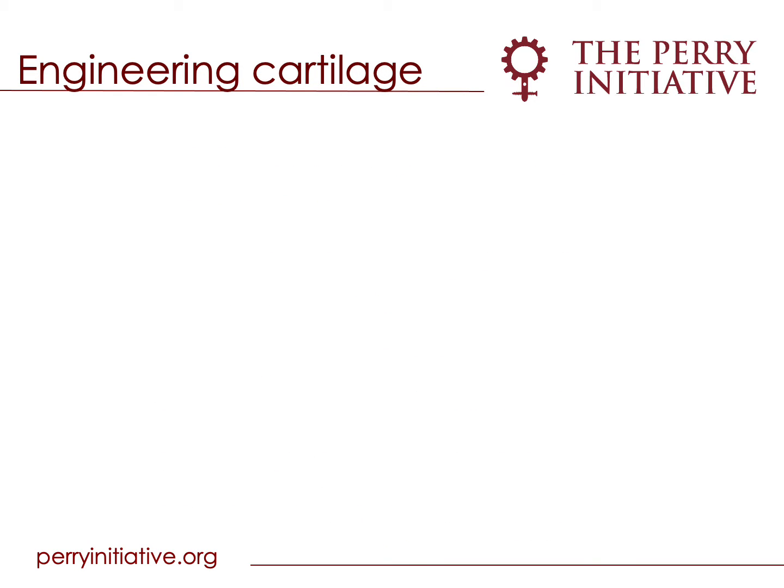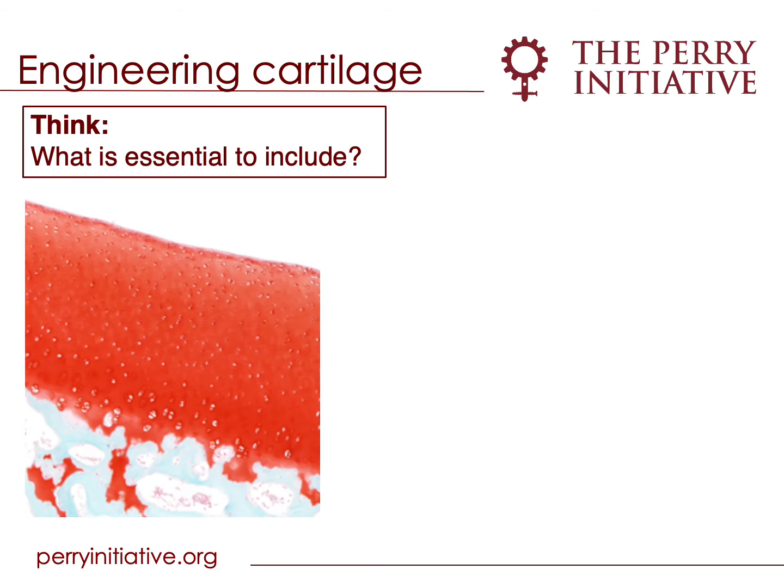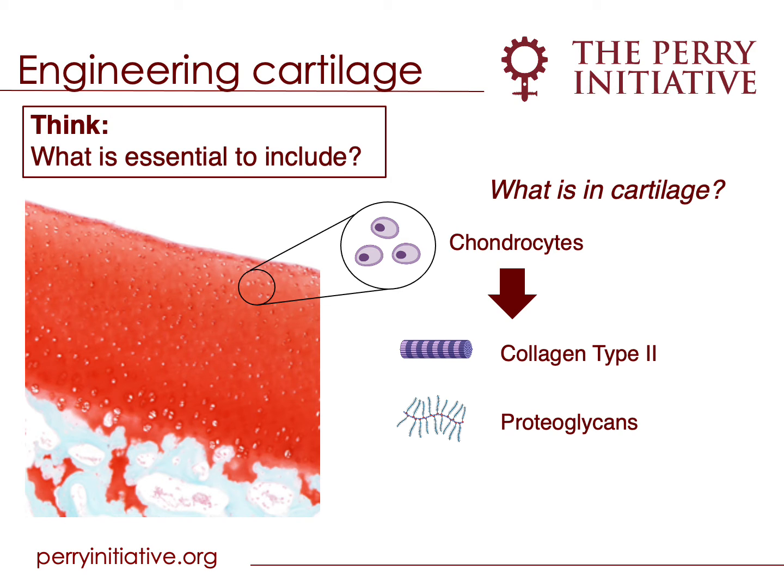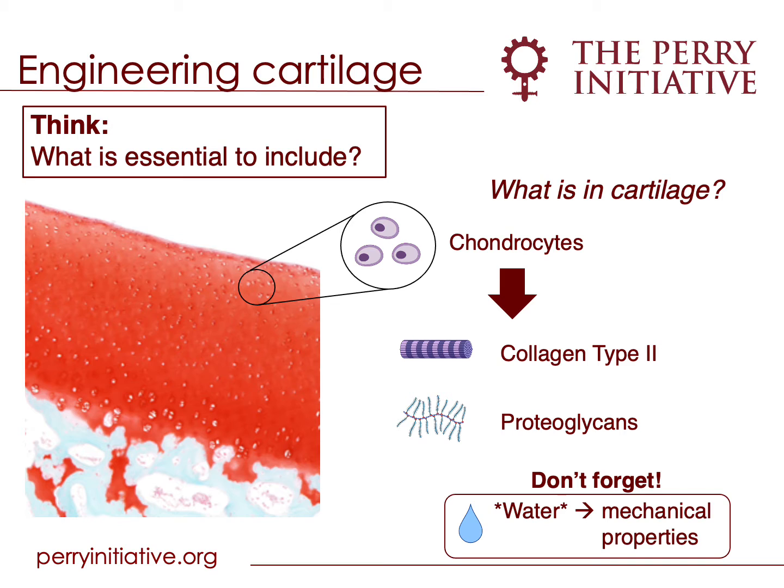In engineering articular cartilage, we must first think, what is essential to include in this tissue? Well, what's in articular cartilage? First, we have chondrocytes, which are the primary cell source resident in the tissue. These cells deposit extracellular matrix, including collagen type 2 and proteoglycans. Proteoglycans are negatively charged molecules which provide the tissue with its compressive resistance. We must also not forget that articular cartilage has a high percentage of water, which also relates to its unique